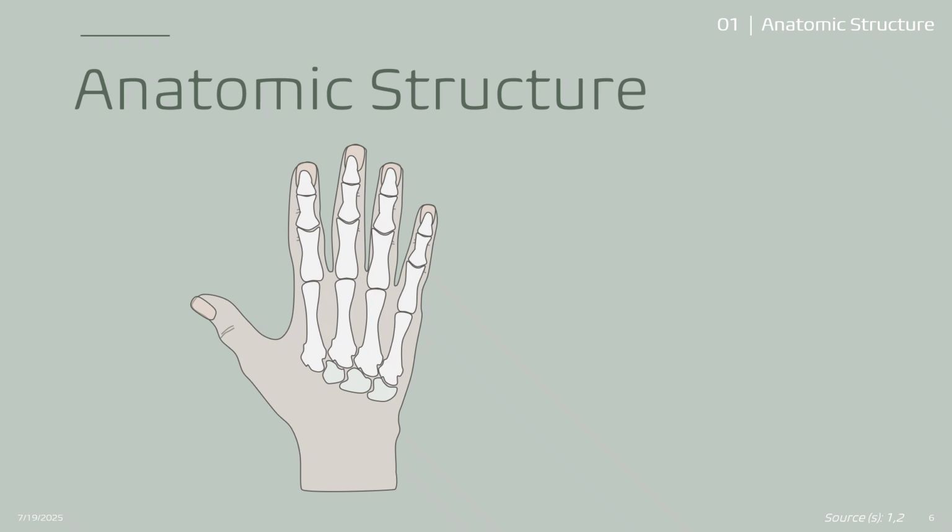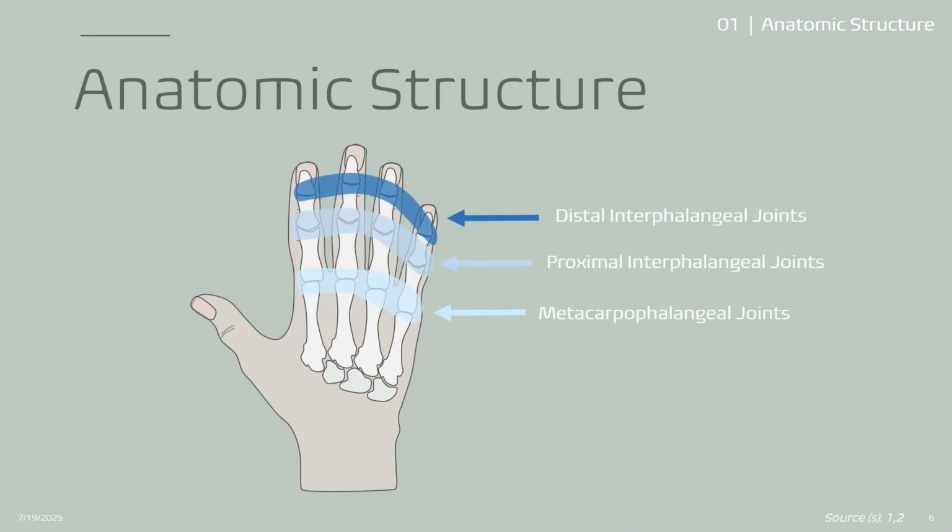It's important to know the names of the bones because they directly correlate to the joints of the fingers. The connecting joint between our metacarpals and our proximal phalanges is our metacarpophalangeal joint. Thankfully, that is abbreviated to MCP joint. The naming convention is true for the rest of the finger joints. The name for the joint corresponds to the bone above. The next set of joints, therefore, is the proximal interphalangeal joints and the distal interphalangeal joints, which are abbreviated to